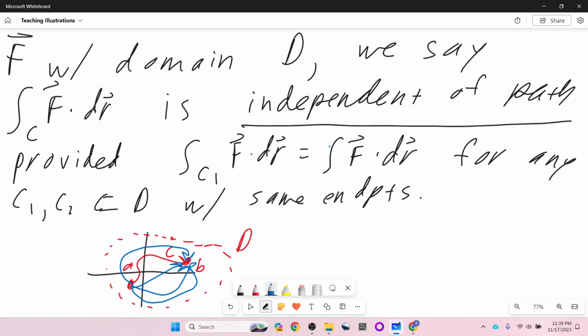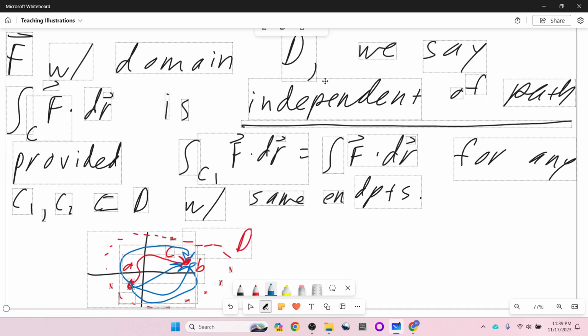Okay, so how do we know if we can do it? When can we do this? When are we going to be path independent? Well, before we defined a conservative vector field as something that has a potential function. So here is the theorem